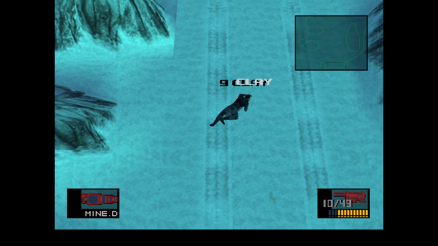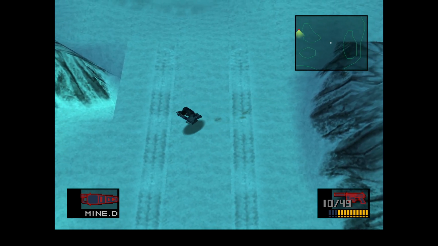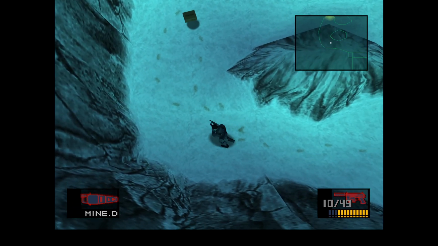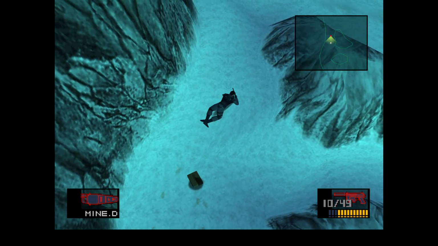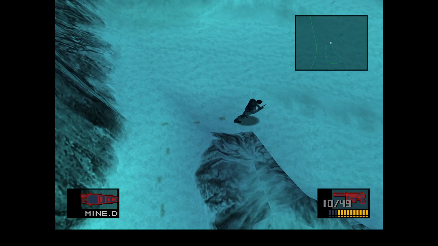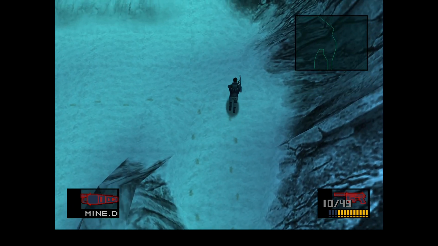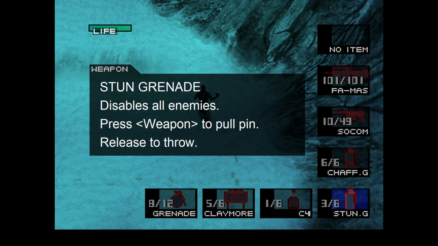Yes, this is genuinely how you get through this part. Just gotta lay down and pick up the claymores. I might as well do it with this one too. It doesn't even matter if you go directly at it if you're crawling. It doesn't do anything to you. Also, the underlay of the texture is off. I've noticed that on the PC version. I've never seen that on the PlayStation version, but...